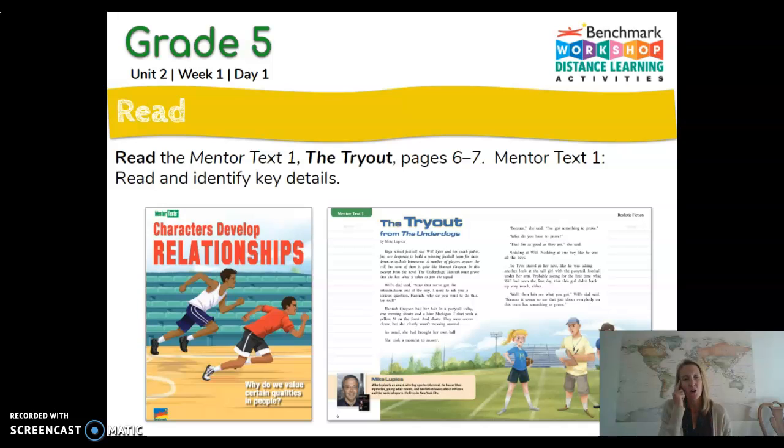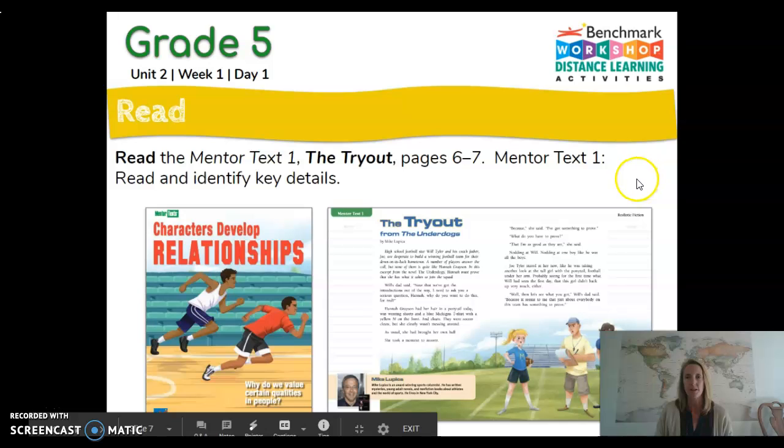And if we know that the theme is on relationships or on the characters, that can help guide our thinking as we underline and circle. You can listen to The Tryout on Benchmark, or you can read it yourself in your mentor text. And once you're complete,